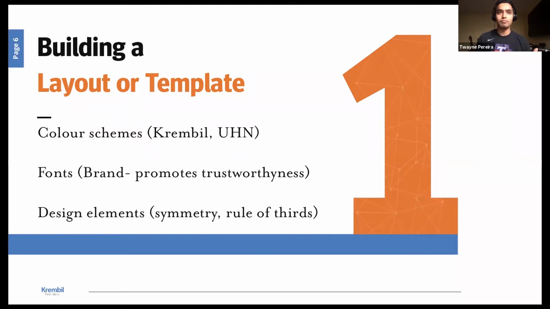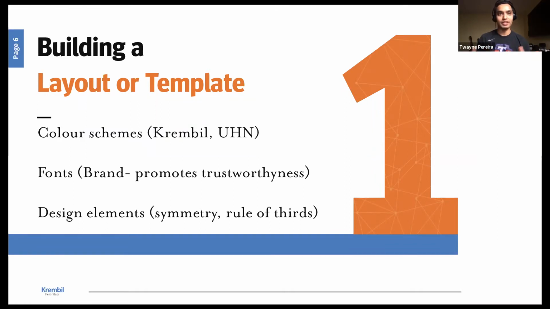It's a web resource that shows you analogous colors, it shows you contrasting colors, triads, and it goes a little bit into color theory. And say if you're building a personal brand, you can really develop your own color scheme that can run throughout your content, whether that be presentations or graphics that you create, or slide decks in that case. The next thing I'll talk about is fonts, because fonts are important because they sort of indicate